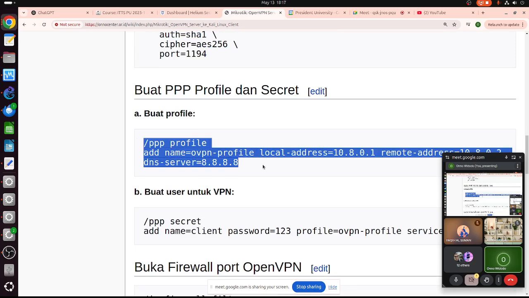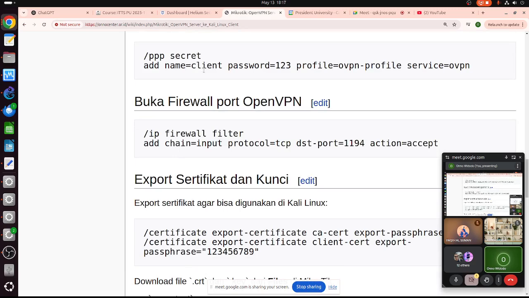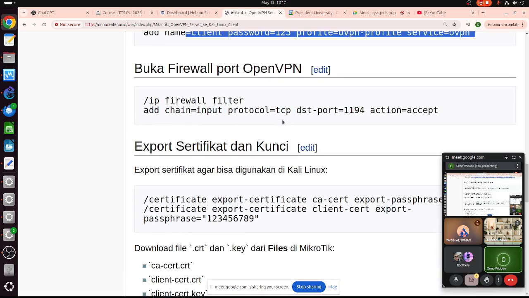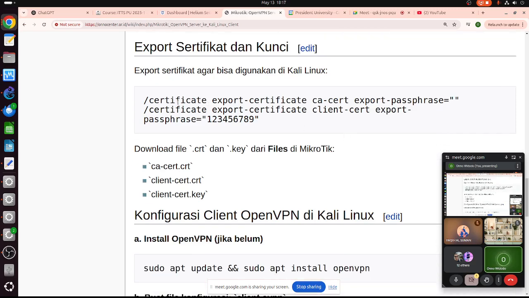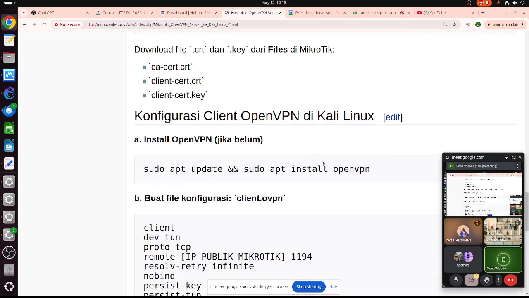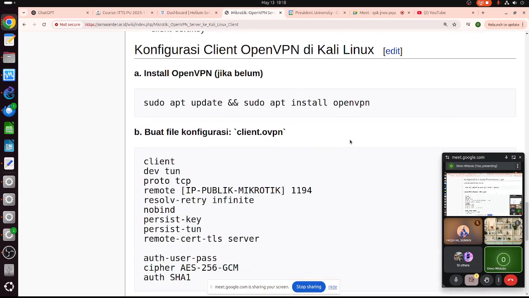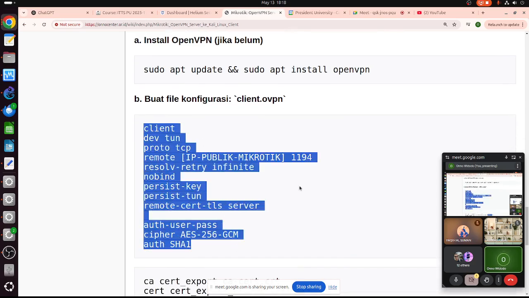And then we have to set up the point-to-point protocol profile, so we can allocate the IP address, and then set up the username and password for the point-to-point protocol, and open the port for OpenVPN to connect, and export the certificate so it can be downloaded by users. And then on the user side, we can set up the configuration file,